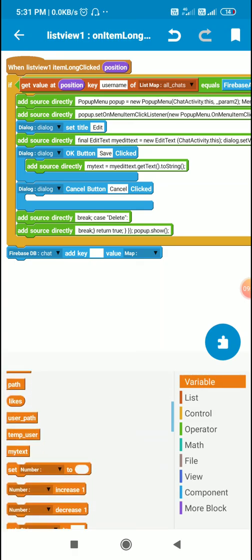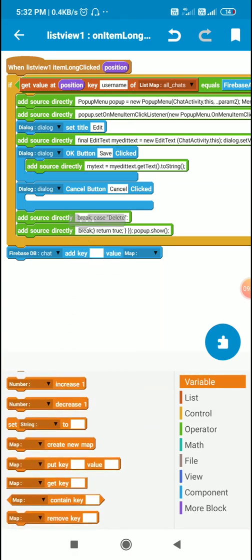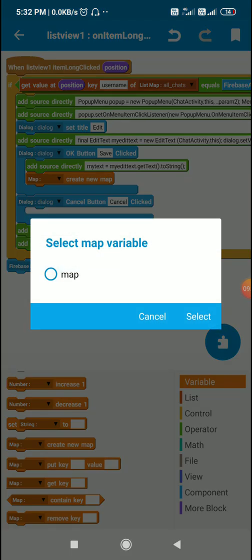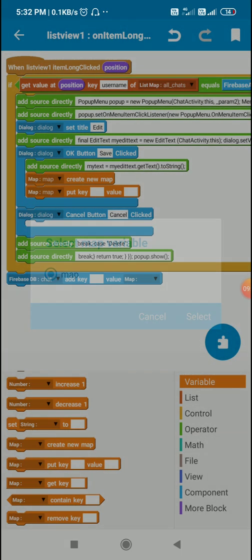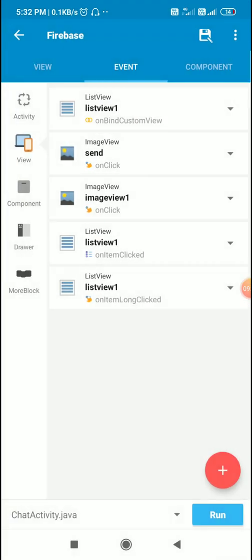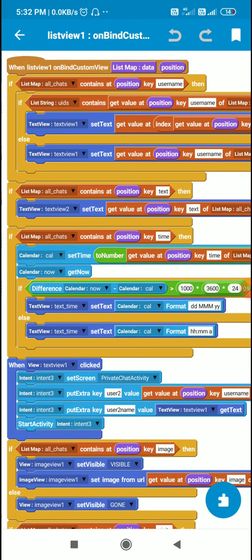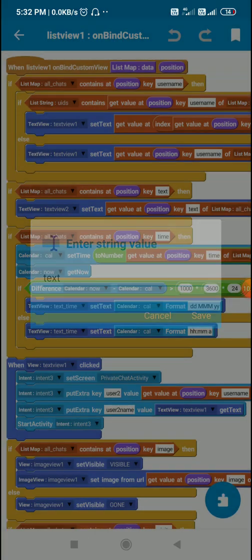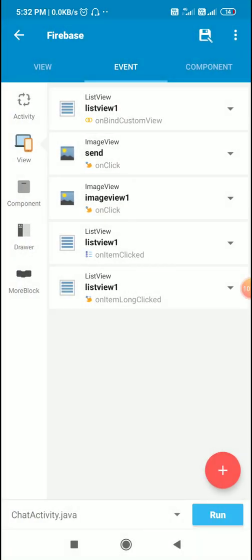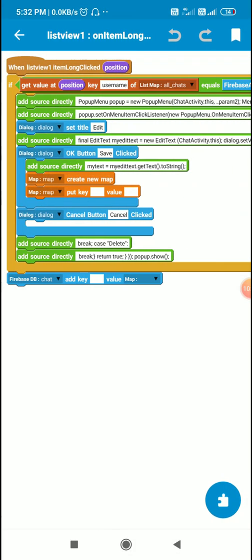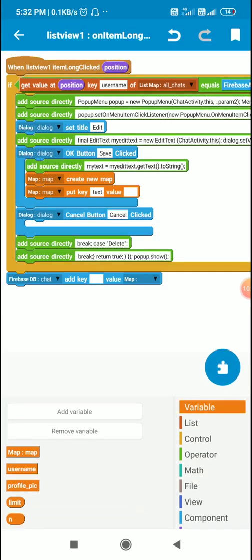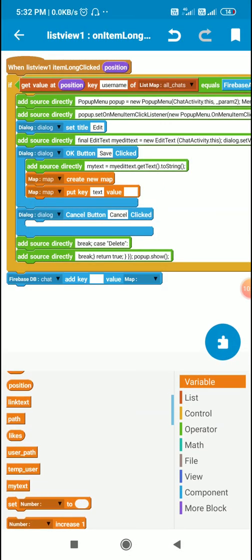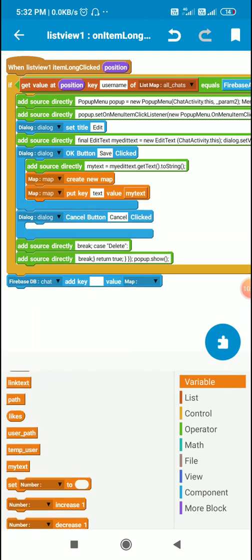So here I will create a new map, put the key. I'll just show you the key which I use for the text. I use the key text, so I will use the key text. Put key text, value will be my text, so I will use this block, value my text.